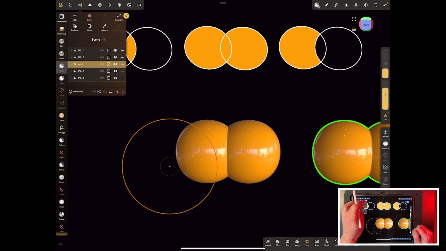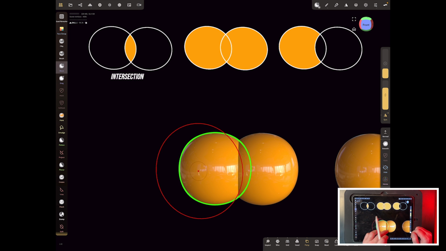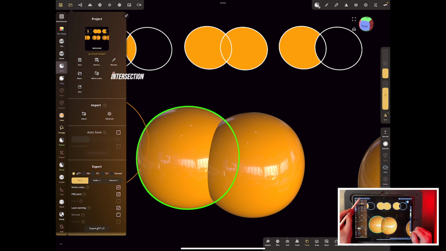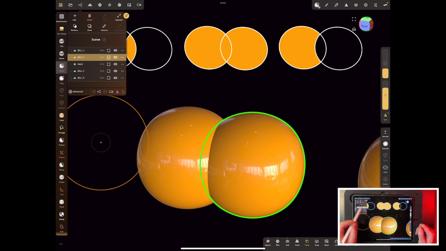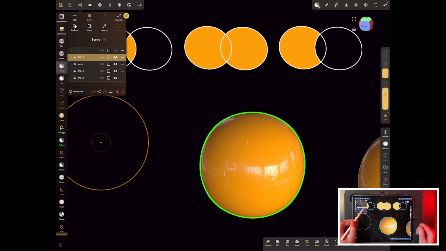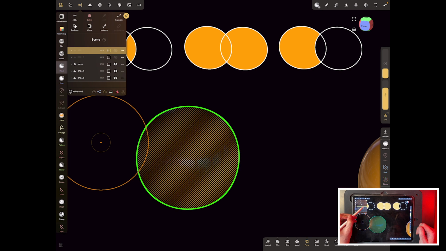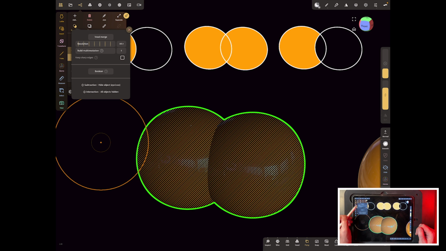But what about this one over here, which is, if I just unhide this for a second, this one at the top left, which is a Boolean intersection. And then what we're going to do is we're going to do something slightly different. So we're going to go up to our menu. We'll tap on our pin to keep it open. We've got ball 1 and ball 2. And to do an intersection, you have to do something a little bit different in this stack here. So if you turn everything off, so the 2 ticks are off and the 2 eyes are off, so you can't see anything. But if you then just basically tick them both on, and they're together like that, and then you call the Boolean, ignore the voxel merge, just do a Boolean and tap it here,